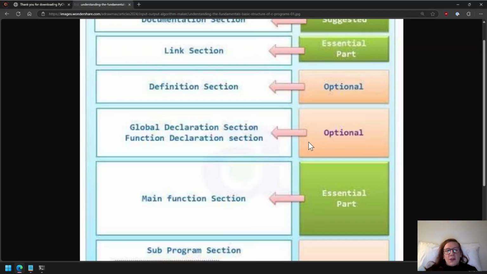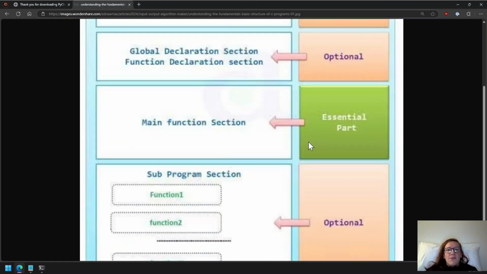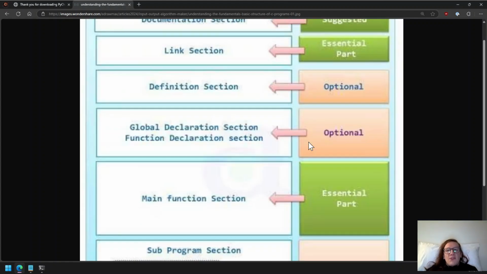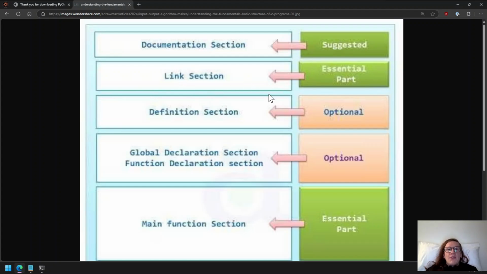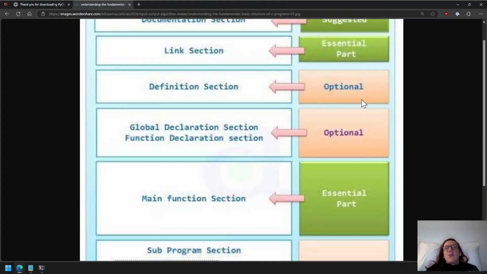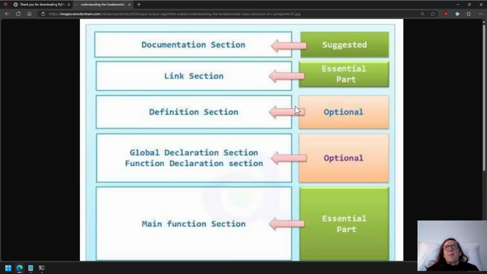While this little diagram was made for C, an old language, it's directly applicable. Pretty much every programming language that you work with is going to function the same way. You're going to have documentation, and a way to tell your compiler what else it needs,